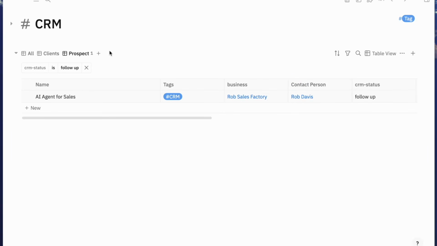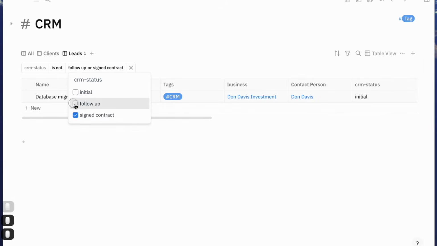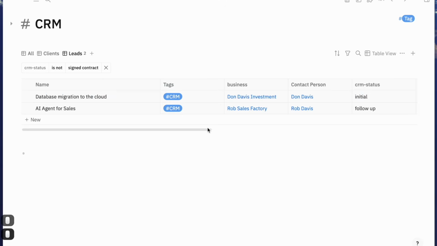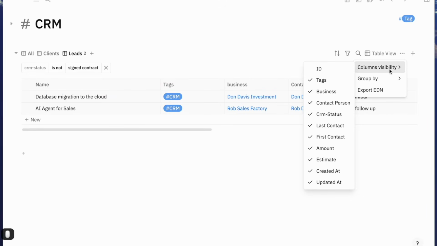So in the spirit of starting simple as the business is moving along and so on, right? You can create different views to give you access to the relevant information that matters at a given time. So, and since we captured client, maybe, I don't know, maybe we should have called this leads. How about that? Maybe that's more representative. There you go. So leads, and we could do maybe is not, and we change this to signed contract, and we capture everything else. So these are leads we're working on, and to clean things up a little bit,